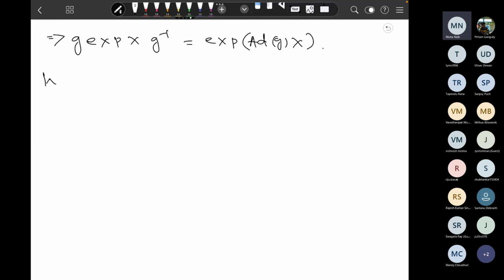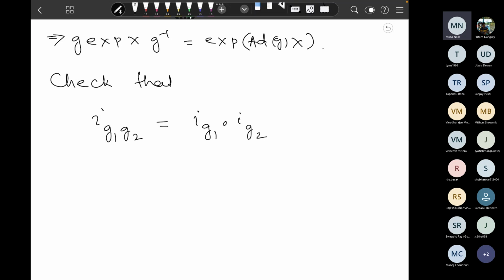We also check, and it is very easy to check, that I of g1 g2 is really I of g1 composed with I of g2, and if you take d I of g1 g2, the derivative at the point identity,